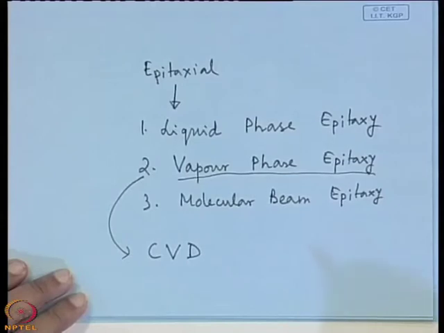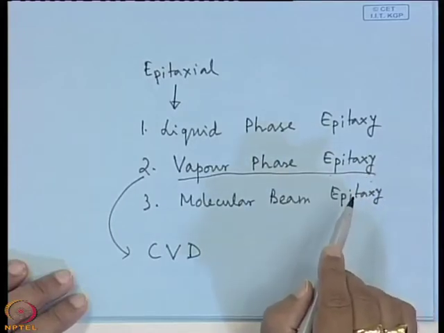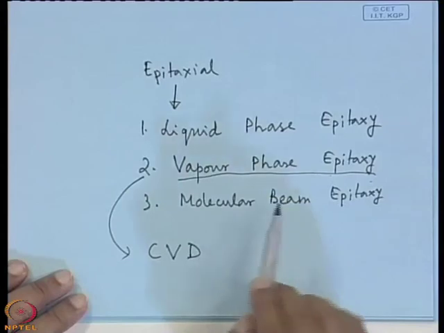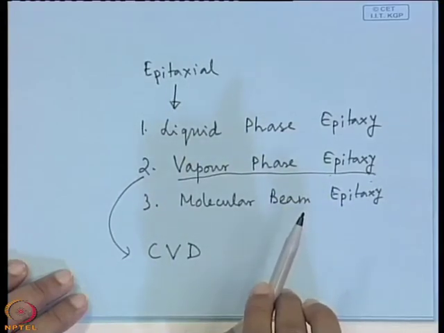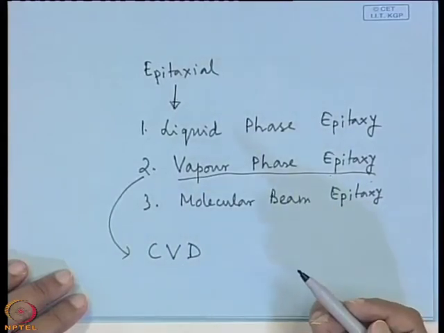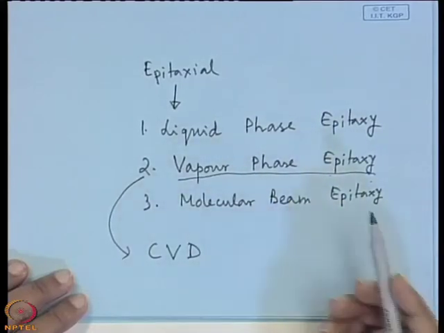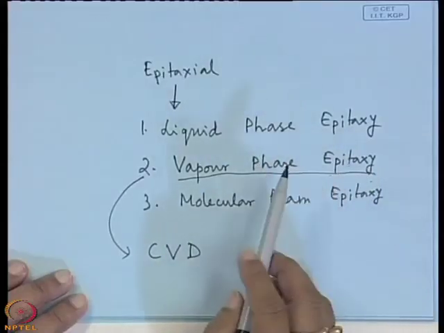Chemical vapor deposition does not ensure that it will be a single crystal growth. It can be polycrystalline or amorphous type of growth also. So, that is why when we talk about epitaxy, that means surely it is a single crystal layer. Otherwise, VPE and CVD have the same meaning. The equipments are also almost the same, and there are different kinds of CVD techniques using which you can grow different materials. So, in the next classes we shall discuss the epitaxial growth techniques of material.